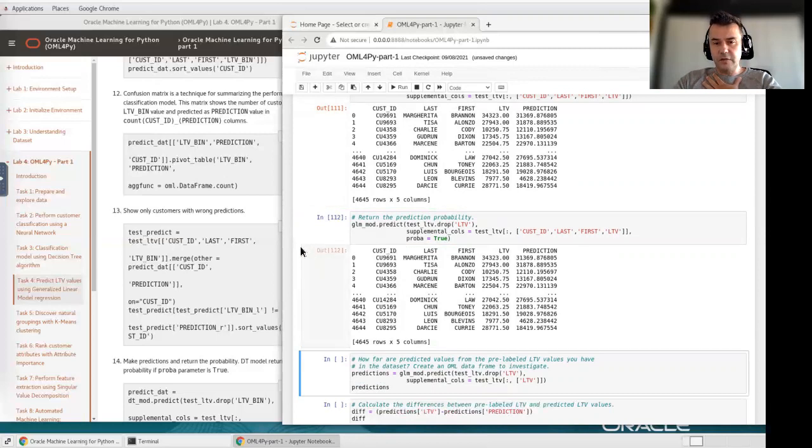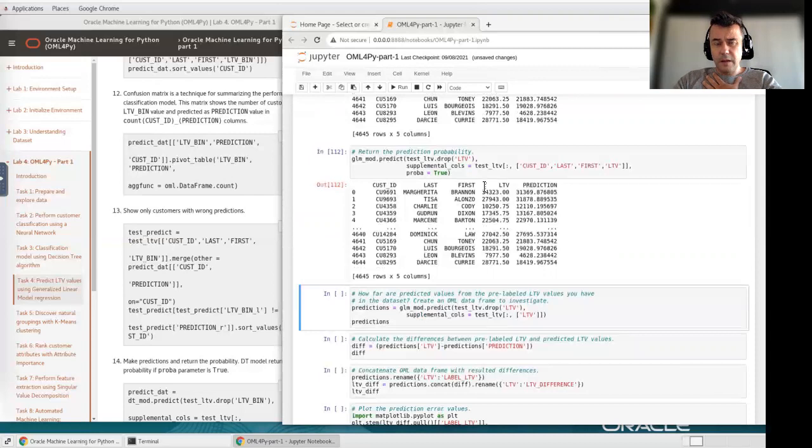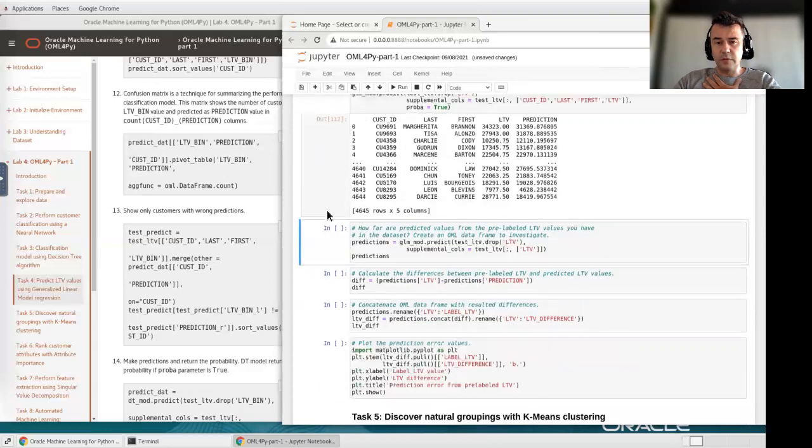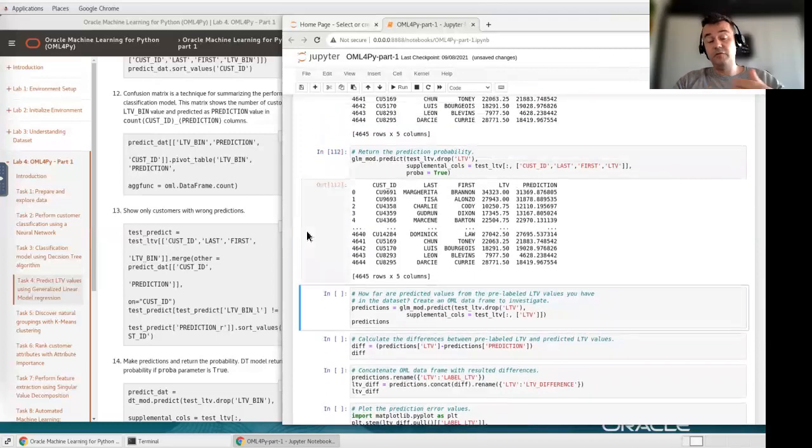So in this case, I don't have the probability column here in this output. I don't see it, but it means that the probability is not returned basically for this particular model. I'm going to investigate why, but